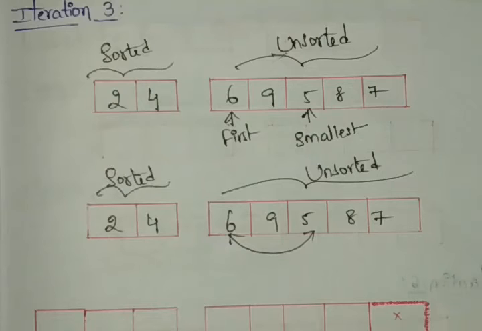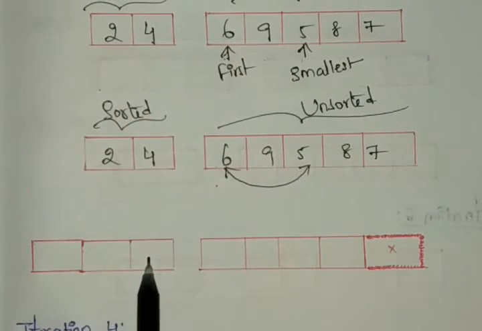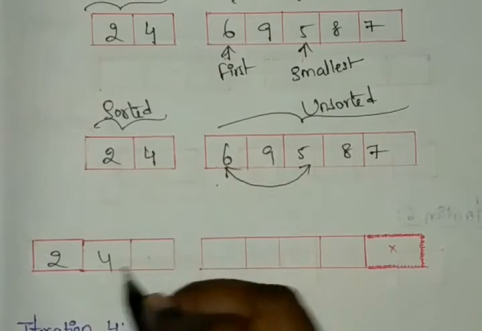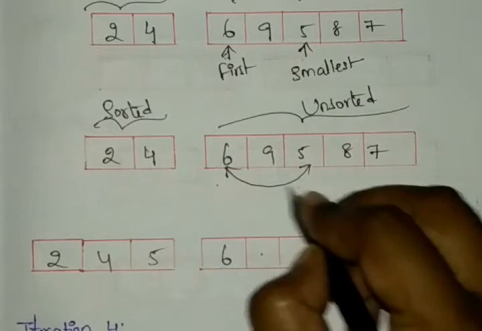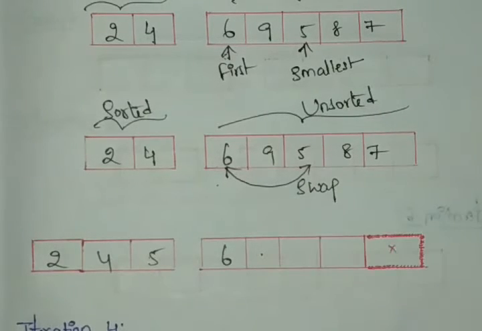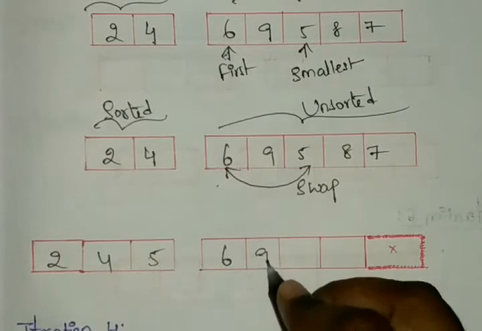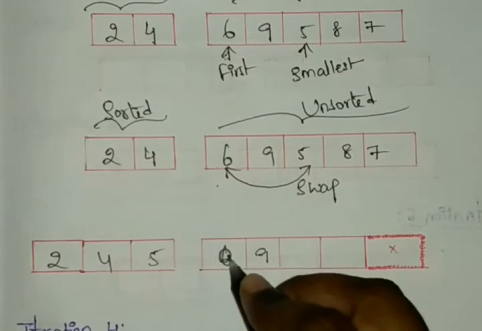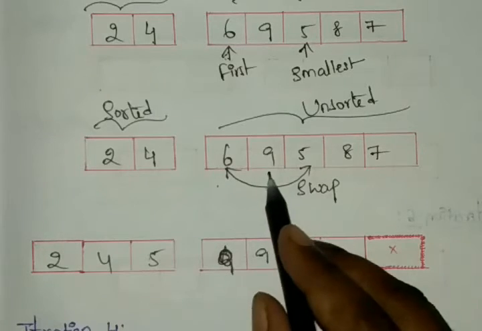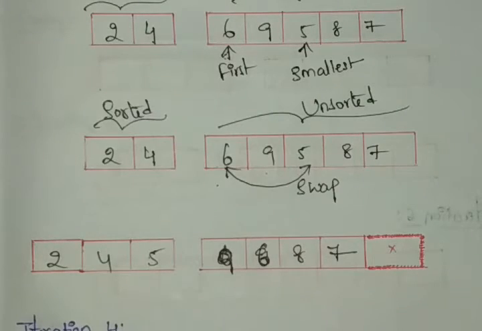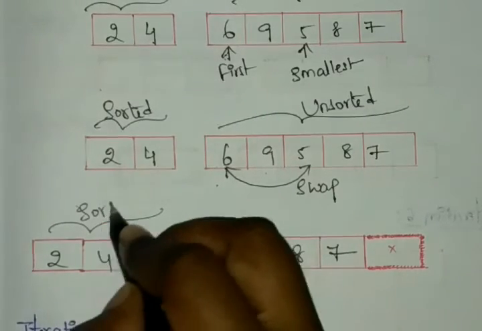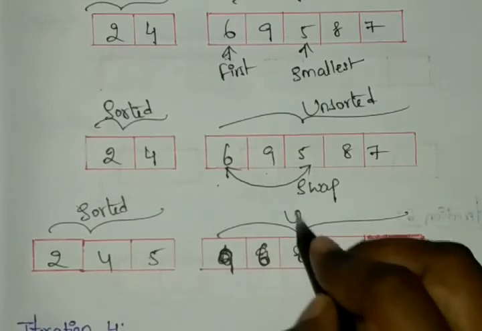So automatically here I am giving the performance for this. Here 5 will come here, right? So directly I am giving the performance like your sorted: 2, 4 and the 5. And next here we have the 6. So here this is the swap. Sorry, here we have the 9 actually. So after that what we have is 6 and 8 and the 7. These are our sorted now, and these are unsorted.